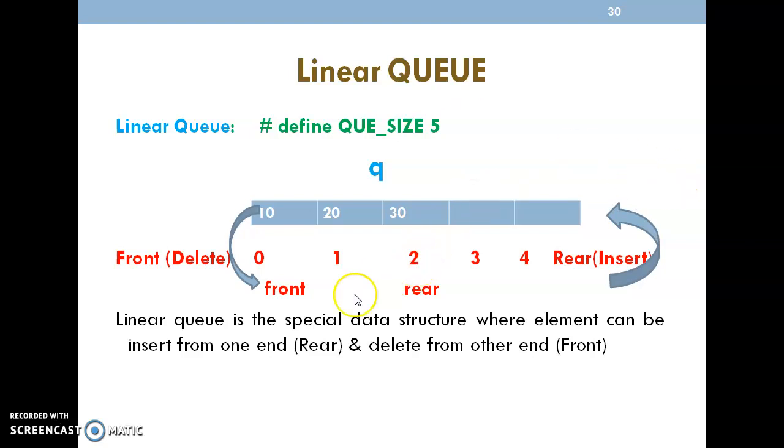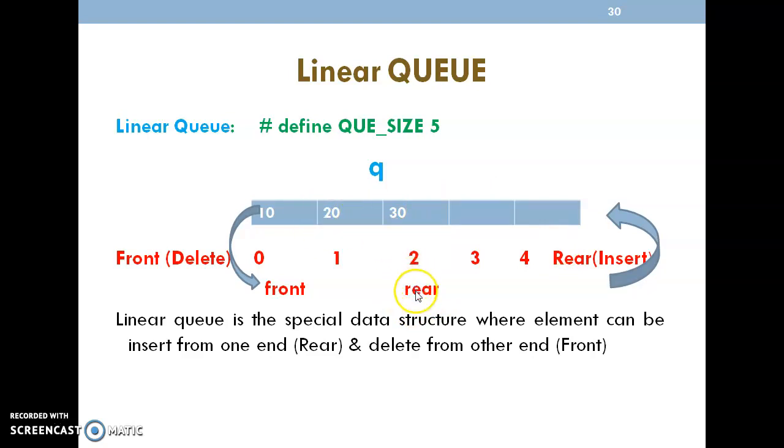Till now I have added only 3 items. The first element is inserted from the rear end at the 0th position, then the second element at the first position, the third element at the second position, like that. That is how we insert elements from the rear end.